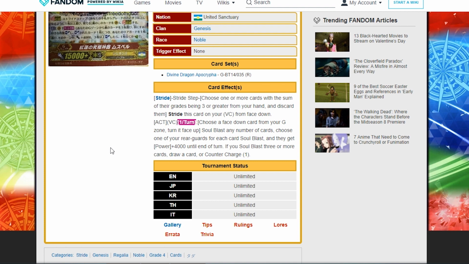So you can beef up a rear guard really big with her skill. What kind of came to mind, since it's very generic, you could technically use this on a Fair and Rare Wiseman deck and beef up Wiseman this way if you have like a ton of cards in Soul to spare. And if you do Soul Blast 3 or more, you can actually get a draw. So you can get advantage back, or you can just counter charge to refund some of your counter blast management,